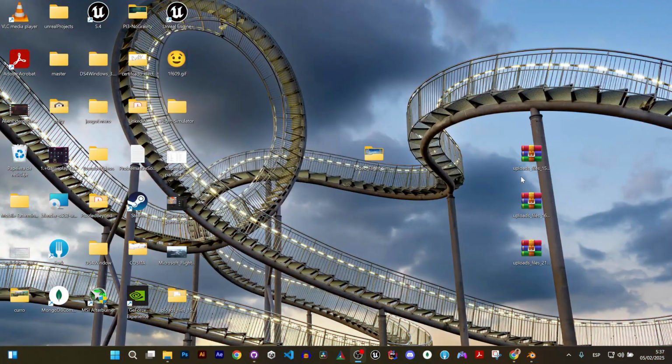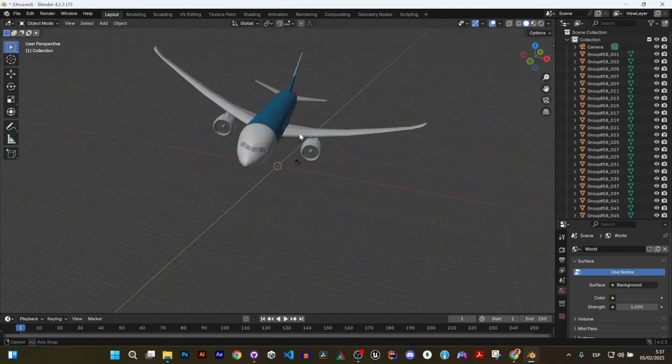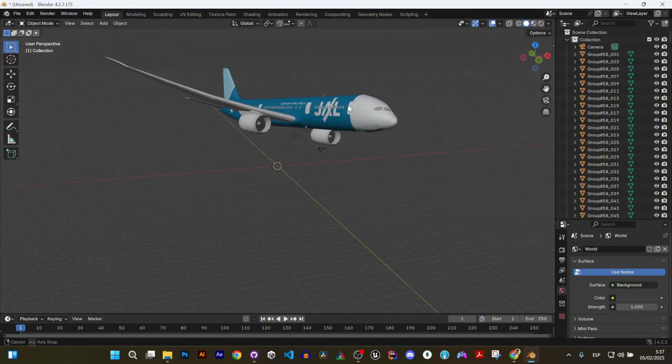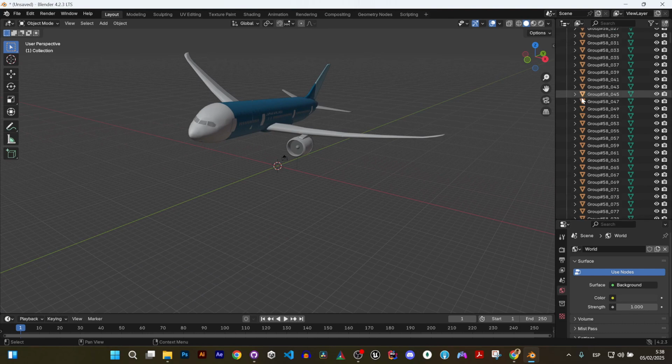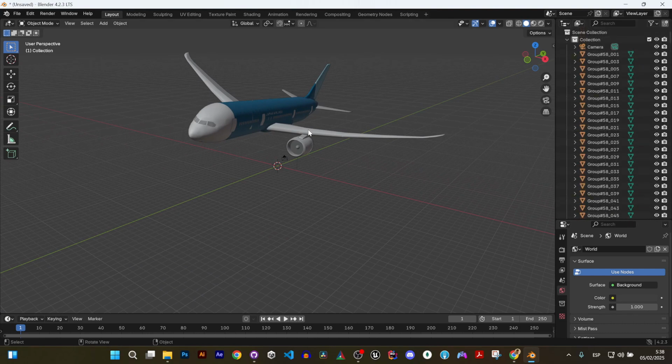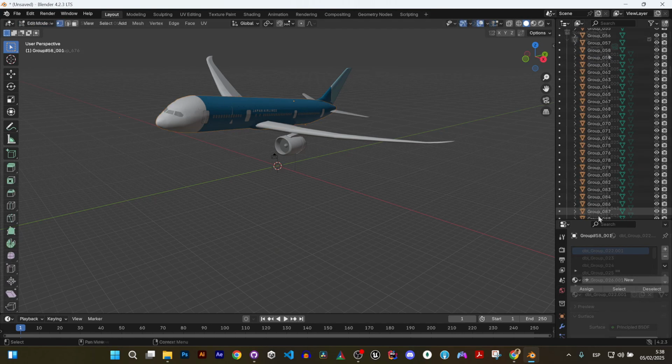Okay, so the next thing with the FBX elements is to go to Blender. Once you are in Blender, you take, for example, this asset that is an airplane, and the next thing you will do is to make all these meshes into just one, and the most part of the vertices